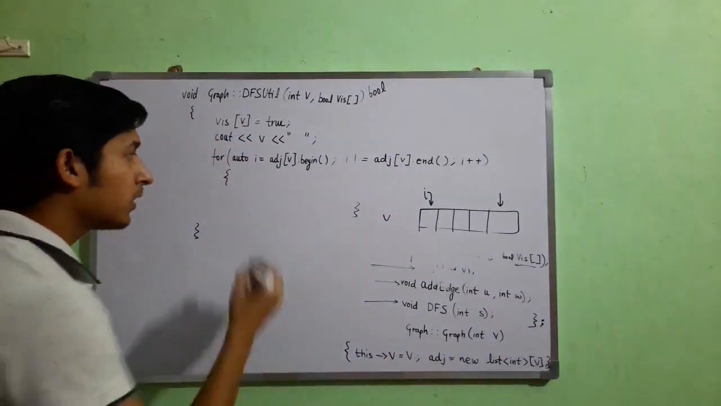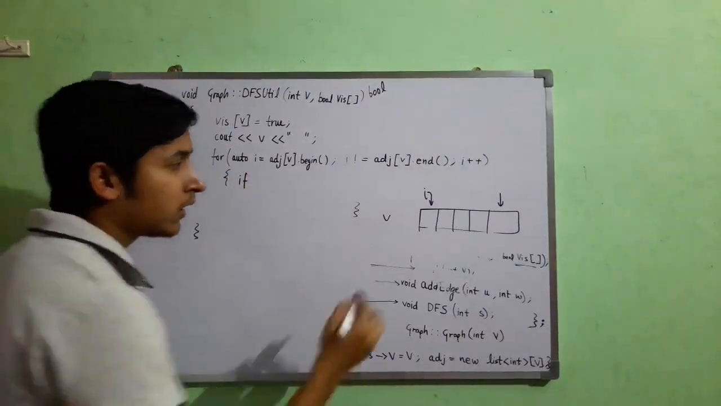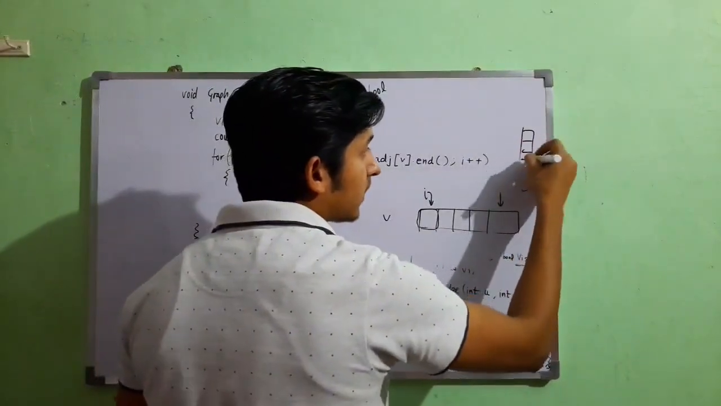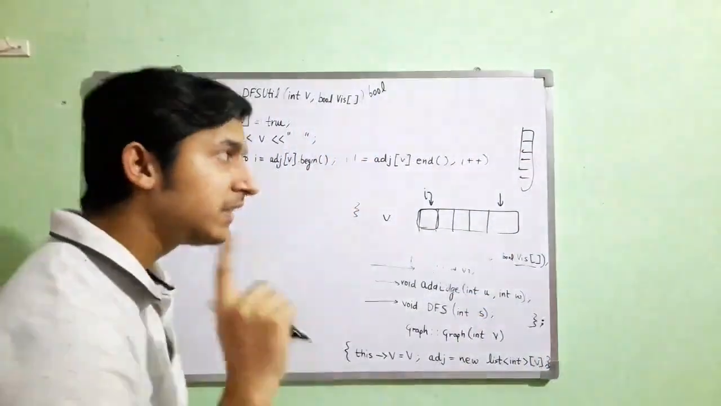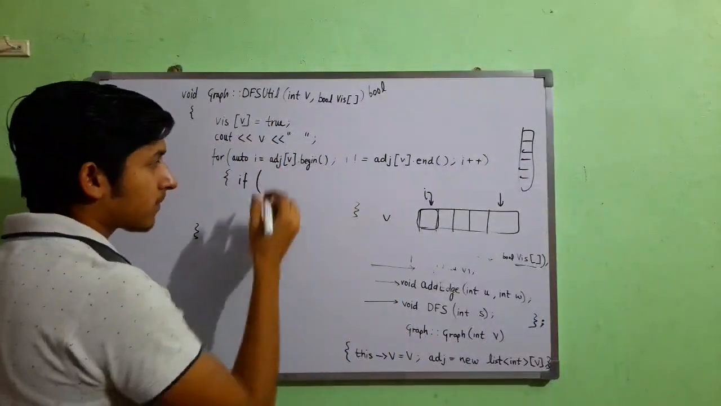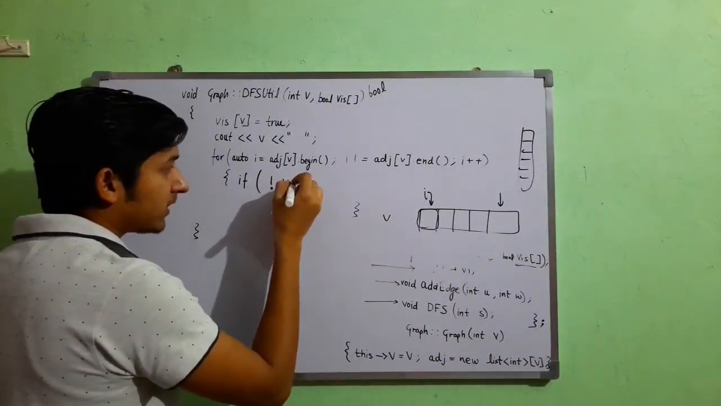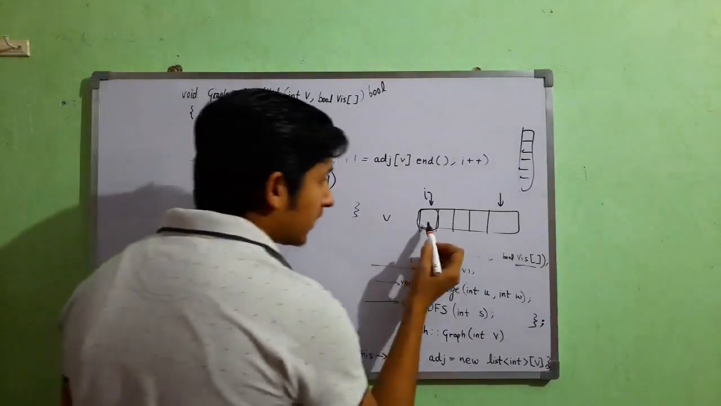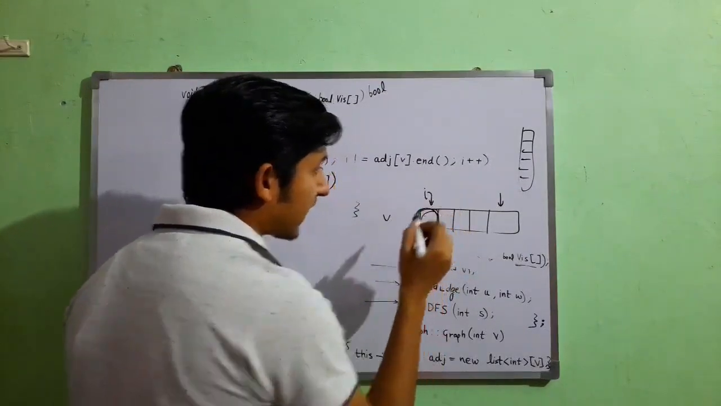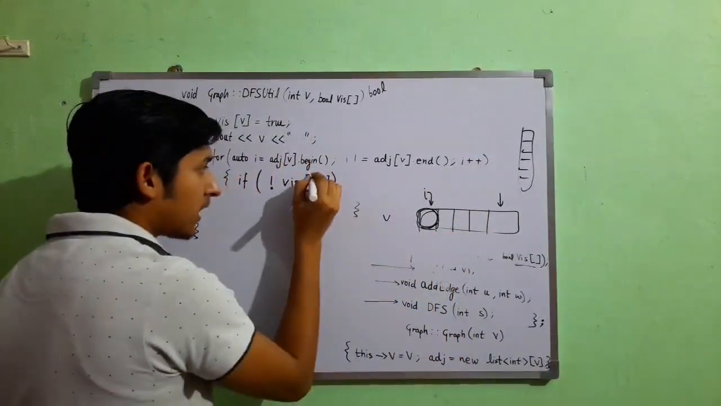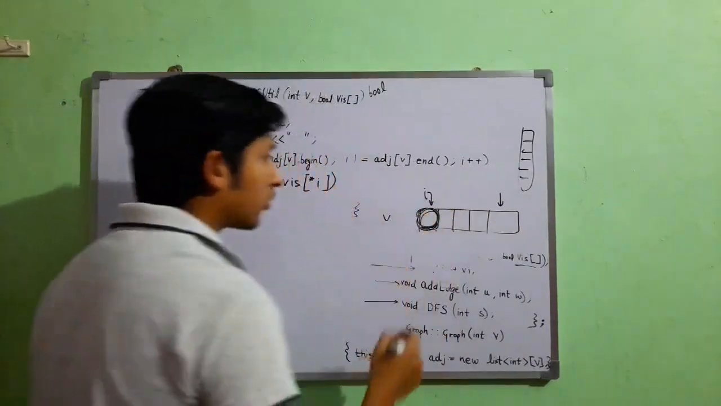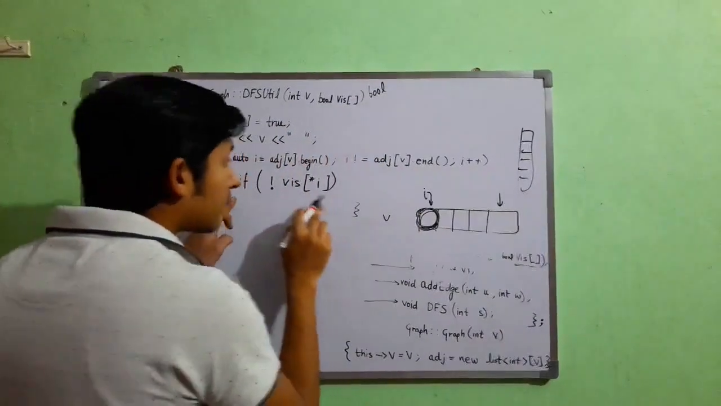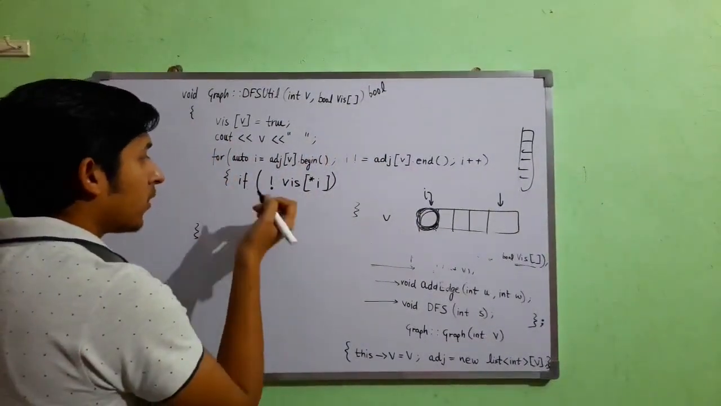And now what I'm to do: if that position in that boolean array is not visited, then only visit that. So if not visited, the position is actually star i, which is pointed to this, so star i is the node. So look for the value as index into this, and if that's not visited, then what you have to do,